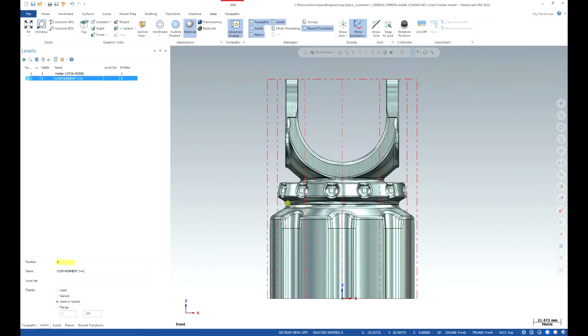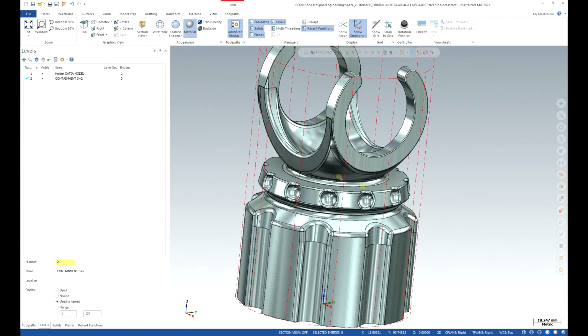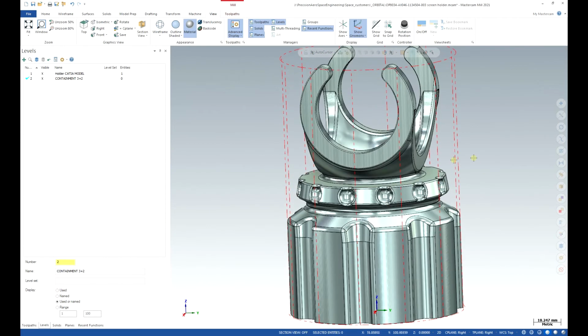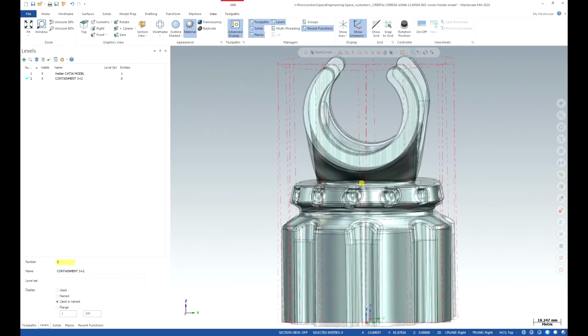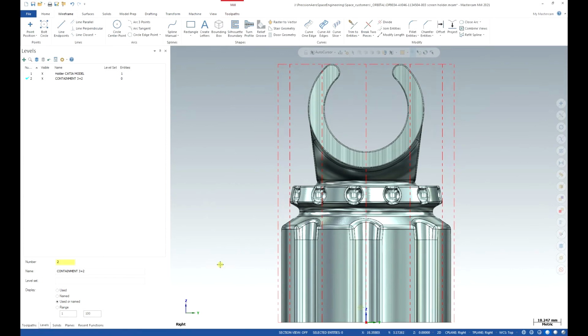Oh, one moment, I'm in the front view. I want it to be on the side view. You can use one of the shortcut keys, Alt+5 or Alt+6, to switch to right or left construction plane. Also, I'm going to use 2D construction mode, as I want to make sure that I draw everything on the